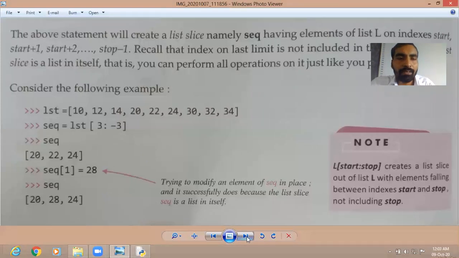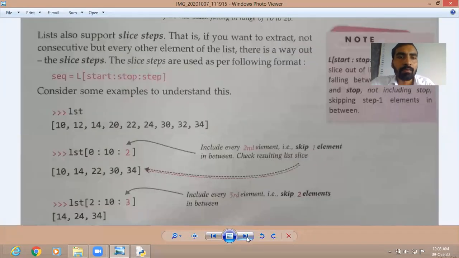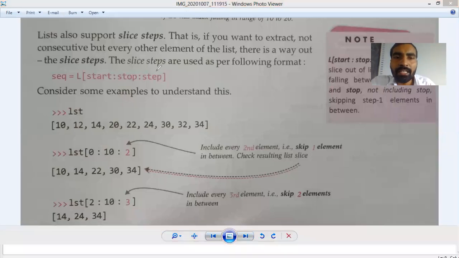Then kindly see further. Yes, understood. That was one way to access. Now here is another way. Kindly see. One more method is that we can use the step also. We can access the values in sequential order as we want.